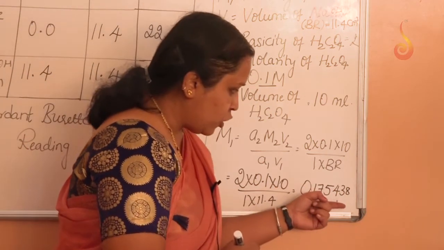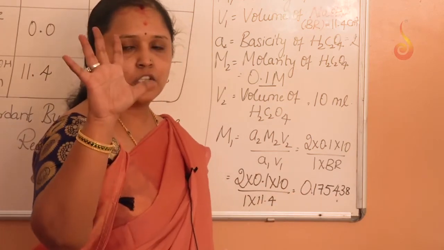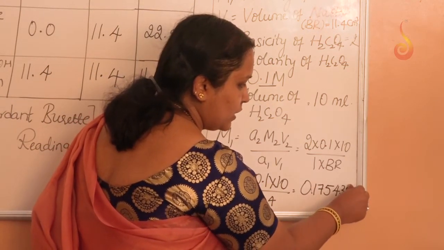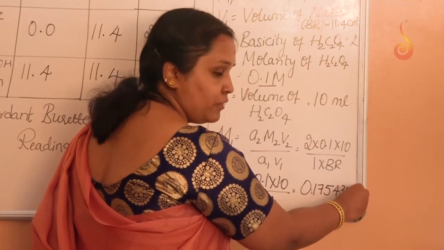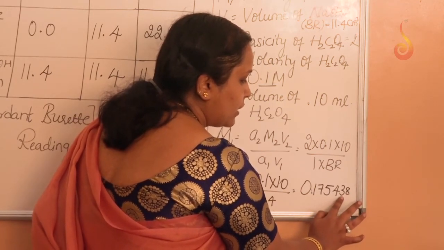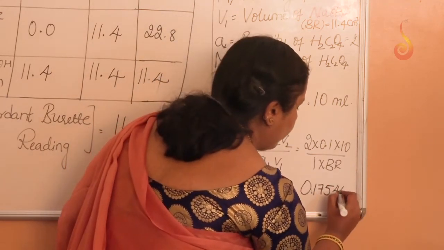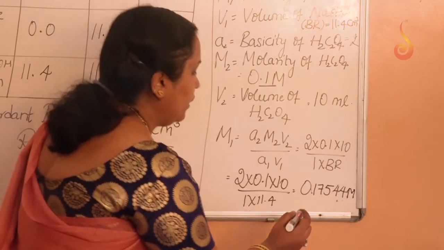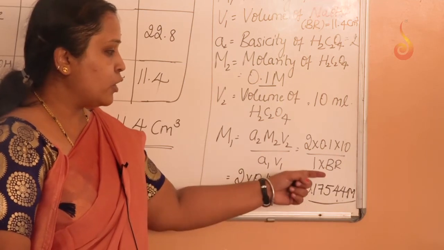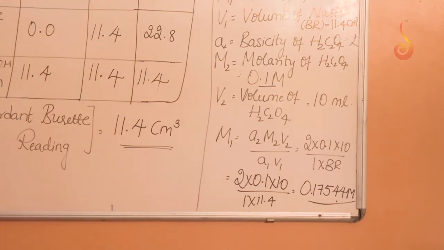The purpose of doing the titration is for the sake of accuracy. That's the reason we are not supposed to round it off to the second decimal point. We have to write the concentration up to the fifth decimal point. So 1, 2, 3, 4 and 5. So this is the sixth decimal point. We can leave this if we want. If you have to leave this, apply the rounding off principle. This digit is more than 5. Therefore, one has to be added to the previous digit and then the remaining digits have to be deleted. So the molarity of the prepared sodium hydroxide solution is 0.17544 molar.